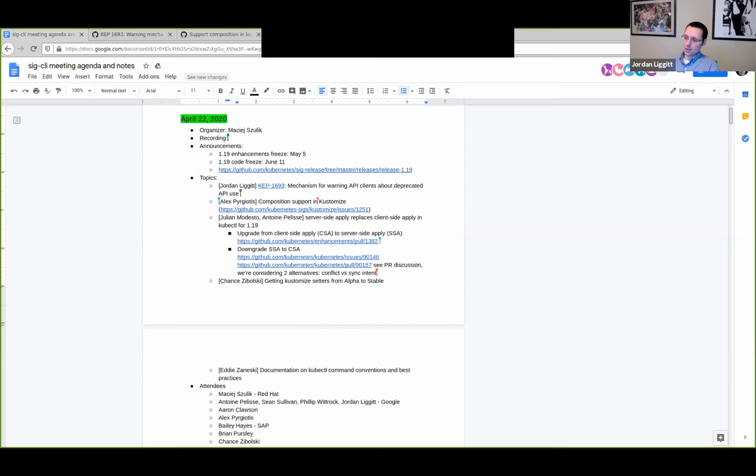Having something in between seems... The warning mechanism is a general mechanism. The first use of it would be around deprecated APIs, but there are other things that we would want to warn about. Things like, you sent us duplicate fields in a YAML file. We're ignoring everything but the last field. You probably didn't mean to do this. That's probably an error, but we can't fail for backwards compatibility.